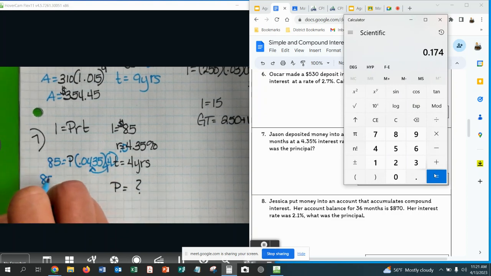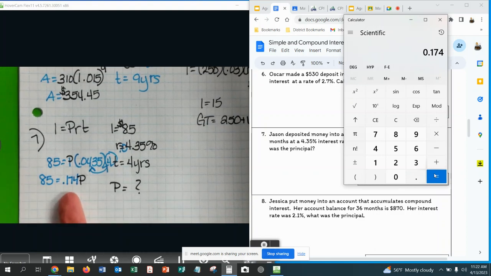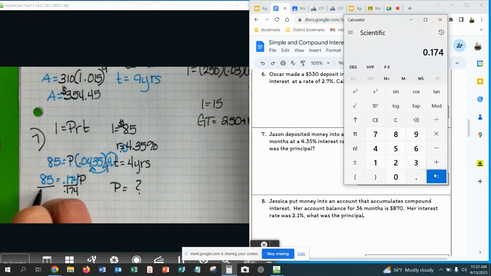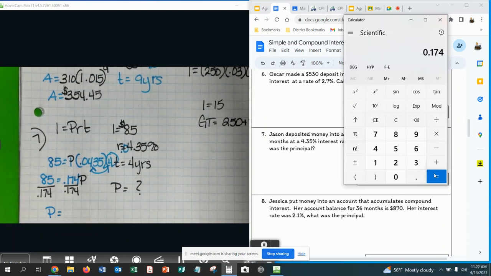So I have 85 equals 0.174P. It just boils down to an equation. Now I'm going to divide both sides by 0.174. P is going to equal